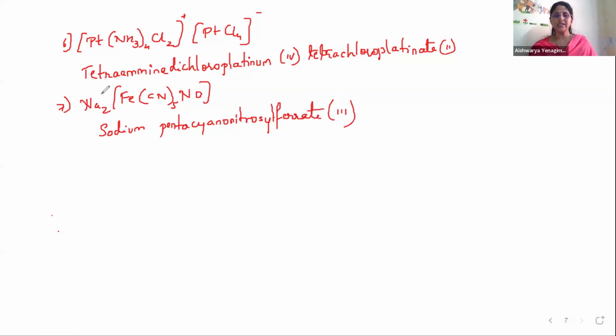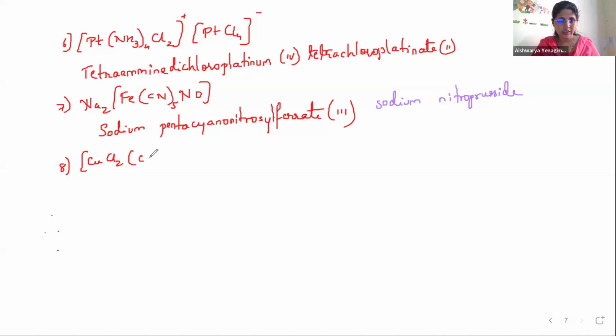Yes. This is a very important example because this sodium pentacyanonitrosylferrate is also called sodium nitroprusside. You can call it sodium nitroprusside also. Frequently asked question, yes, in the competitive part. Okay, fine. So it is also called sodium nitroprusside. Coming to the next example,